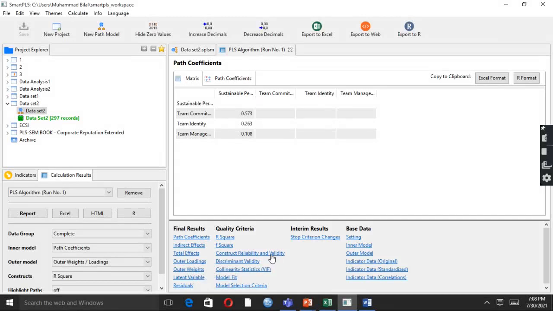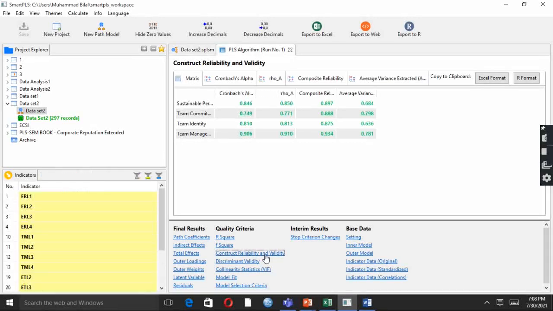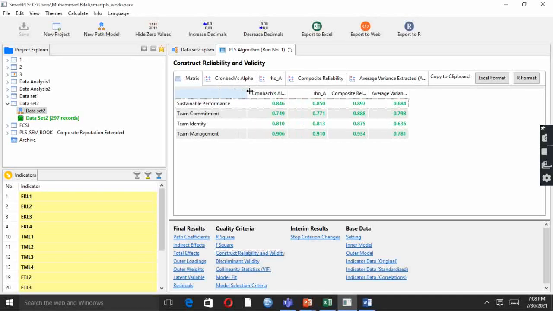Click into it and another dialog box will open. On the extreme left side we have our 4 variables: sustainable performance, team commitment, team identity, and team management. On the extreme right side we have the average variance extracted, AVE. These are the AVE values of our 4 constructs.